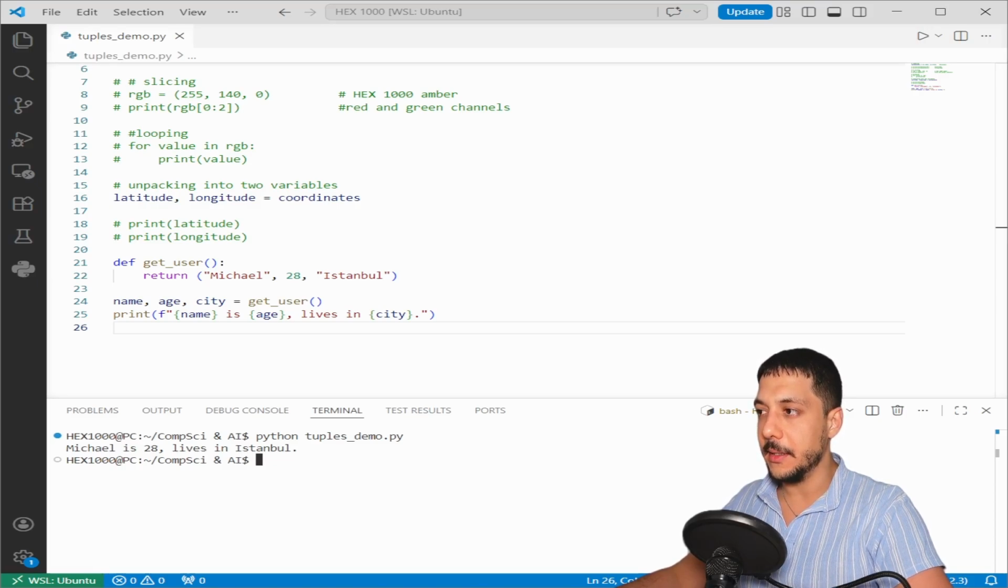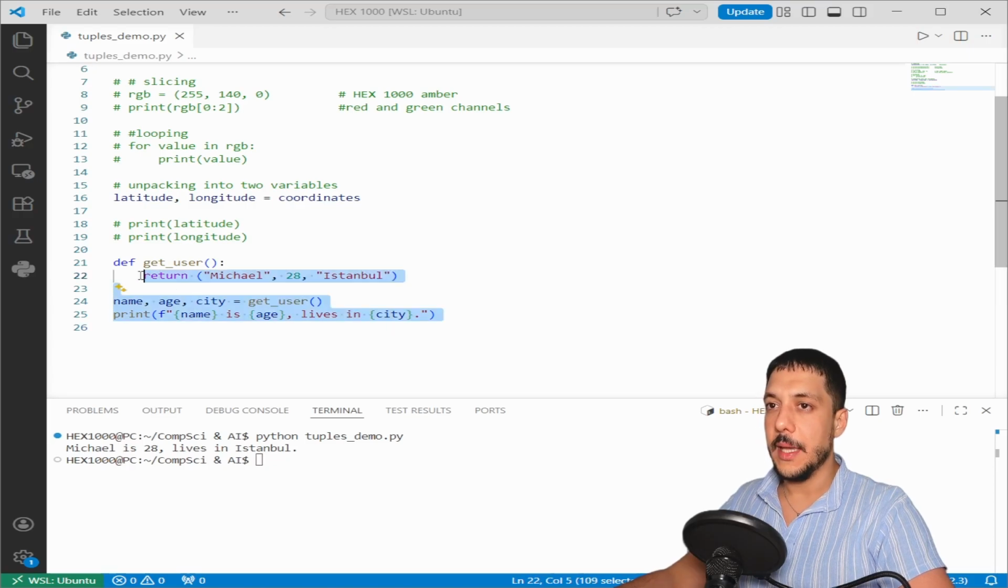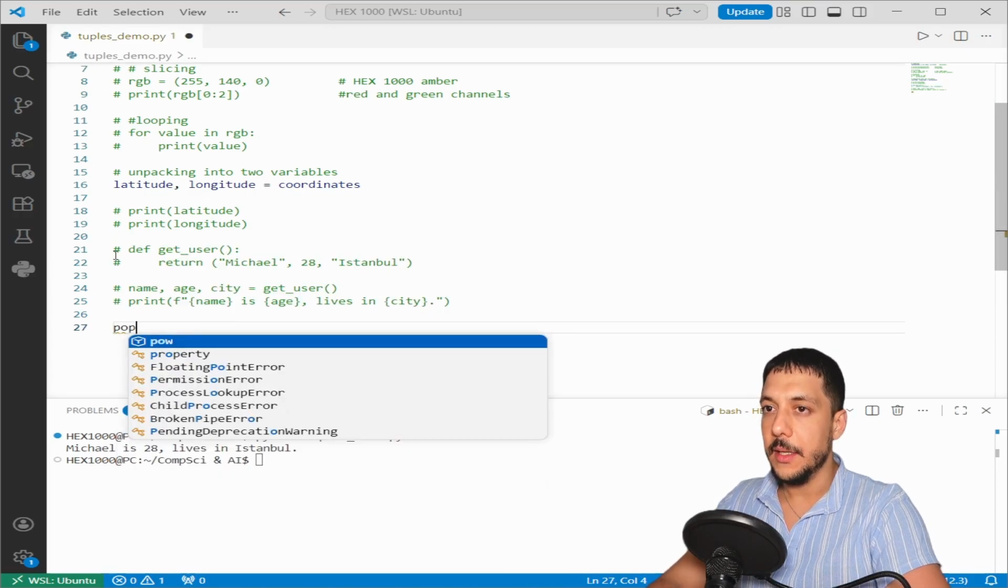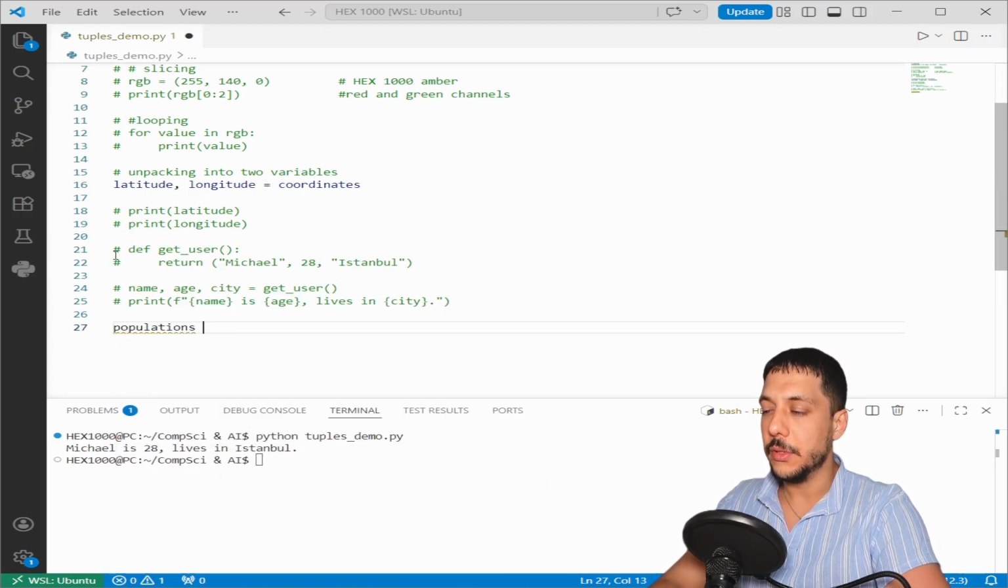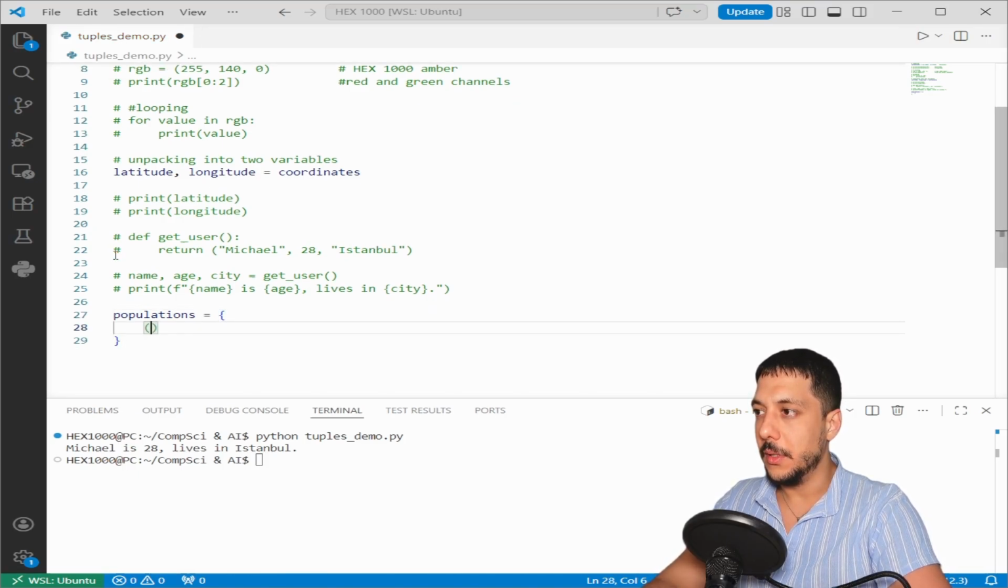Tuples make this clean. Now the part that beginners almost never see. Because tuples can't change, Python can hash them. And anything Python can hash can become a dictionary key. Watch. Again, let's quote these out. Let's say populations equals, and in curly braces as a dictionary, passing in a tuple, say Turkey, Istanbul, the population